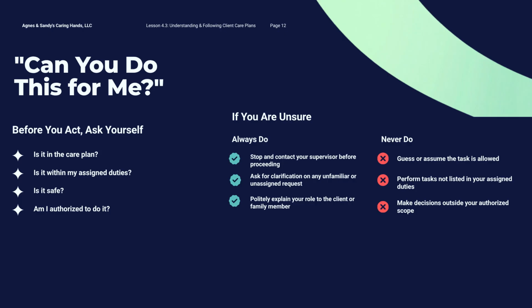Clients and family members may request additional assistance during a shift. Many requests may be reasonable, but care partners still need to remain within their authorized responsibilities. If the request is unfamiliar, outside the established care plan, potentially unsafe, or something you are unsure about, contact your supervisor before proceeding. Do not allow pressure or embarrassment to cause you to perform a task you are not authorized